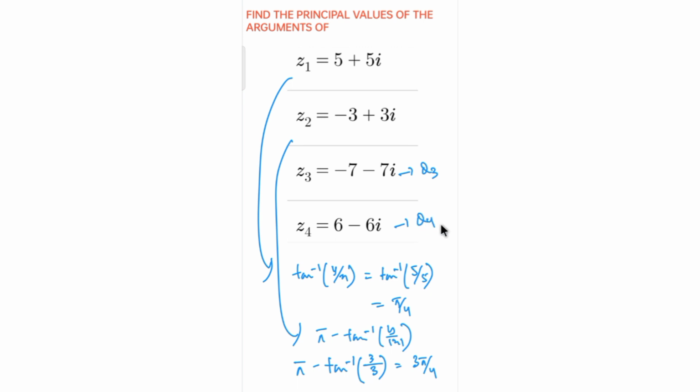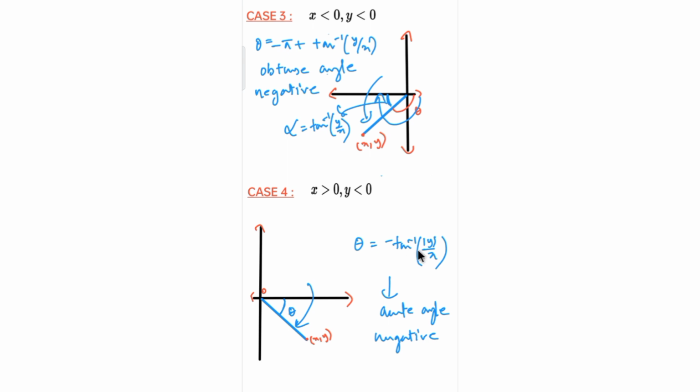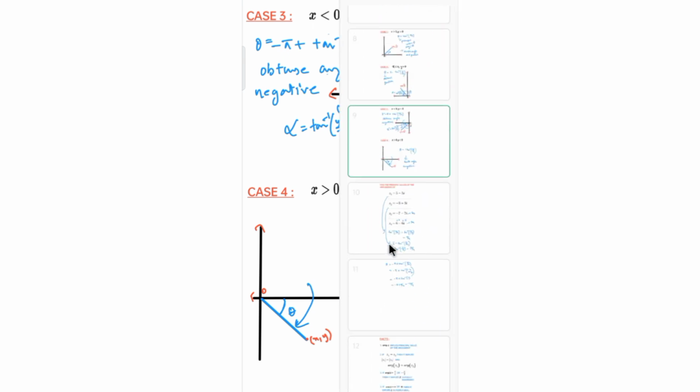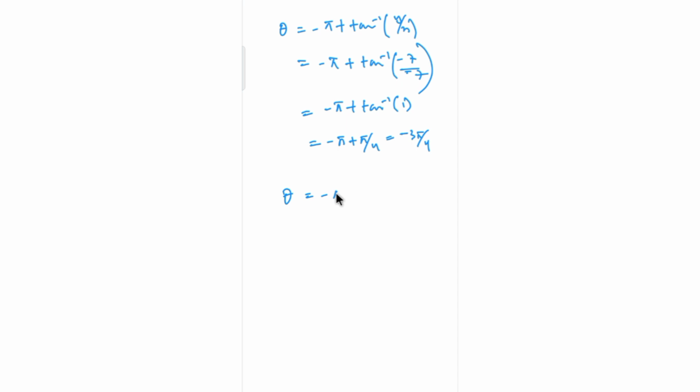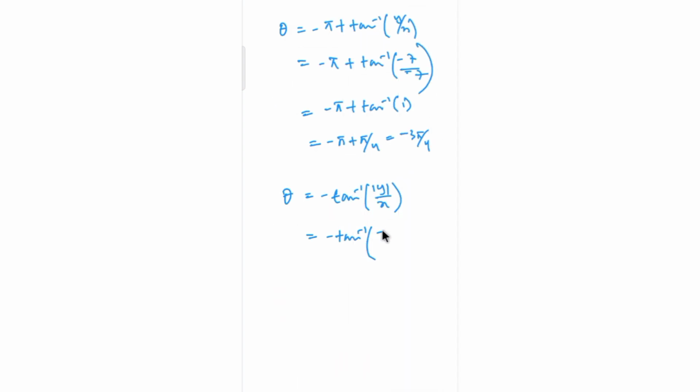So this belongs to Q4, where x is greater than 0 and y is less than 0, and for this we have found the principal value. The principal value is basically minus tan inverse of mod y by x. So we can just put that value here. So theta would be equal to minus tan inverse of mod y by x. Why mod y? Because just to make sure it is positive. So minus tan inverse of mod of, what is our y here? Y is minus 6. So mod of minus 6 is again 6, so minus tan inverse of 6 by 6. So we get minus tan inverse of 1. So here we will get minus pi by 4.